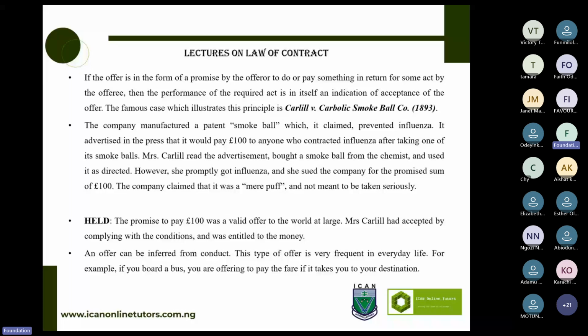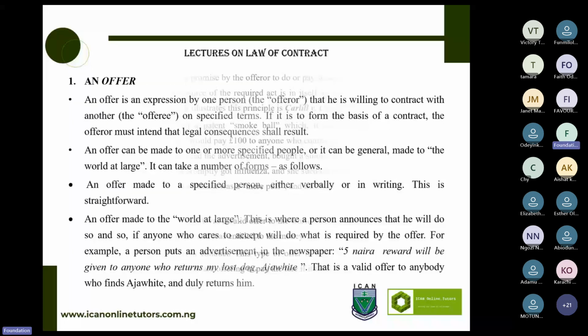Now, members of the class, before I go there, on its face, an advertisement is an invitation to treat. It's not an offer. On its face. So these are the complications in law now. They'll tell you something is this, and that same thing they'll tell you is not it. In its context, an advertisement is what? An invitation to treat. However, depending on the message you are passing across, it can become an offer, as in this case.